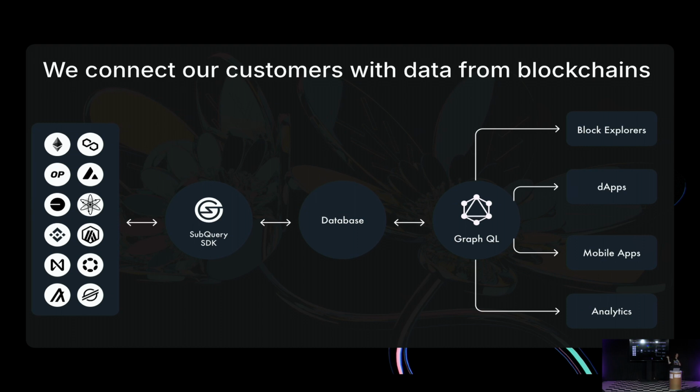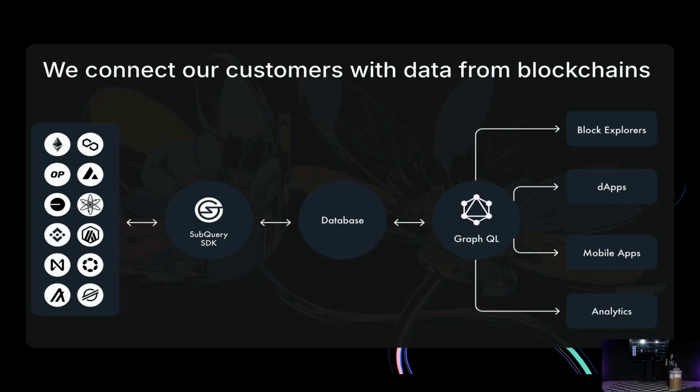So how does our solution look, and what happens behind the curtain? Indexers really shine, and SubQuery as well, when you narrow down your use case, when you know what type of data you want to index, right? So you're building an NFT marketplace, an analytics tool, a DeFi application. You are after certain data on a certain chain, right? And within SubQuery, you set up filters which allow you to focus only on this data. SubQuery will retrieve it from the blockchain and save it in a Postgres database. And we will also provision a GraphQL API endpoint for you to query this data.